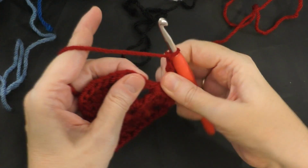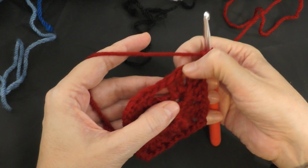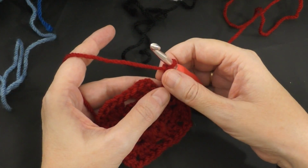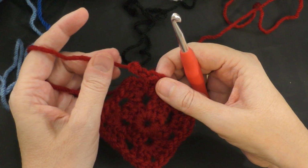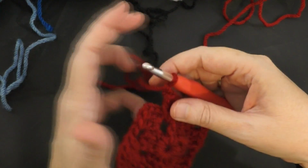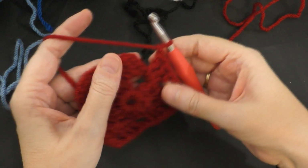Okay, now we're looking to see what we've got here. Okay, now ordinarily you would just join right there and that's your corner, but she has in her instructions something a little bit different. Okay, so instead of chaining 2, I need to pull this back 1 and I want to just chain 1 there. Okay, so I chain 1,